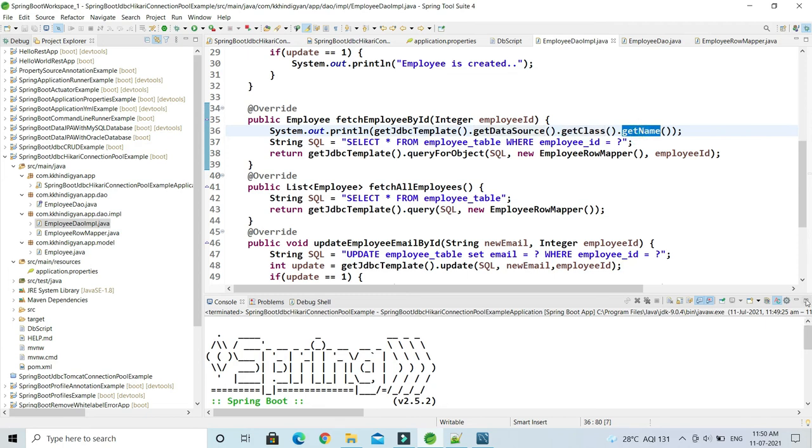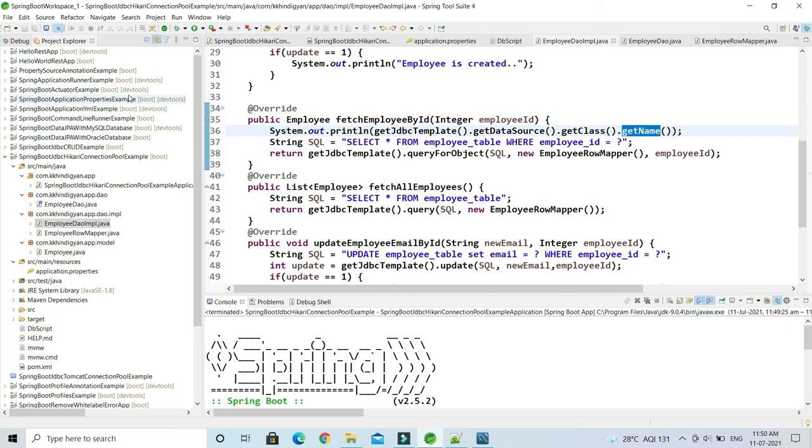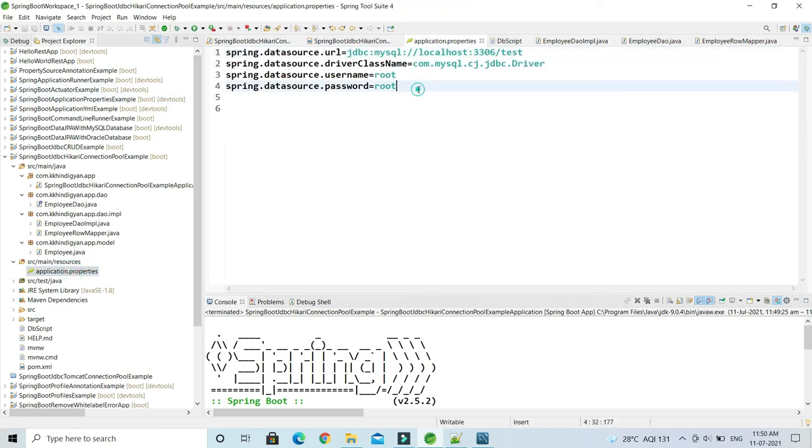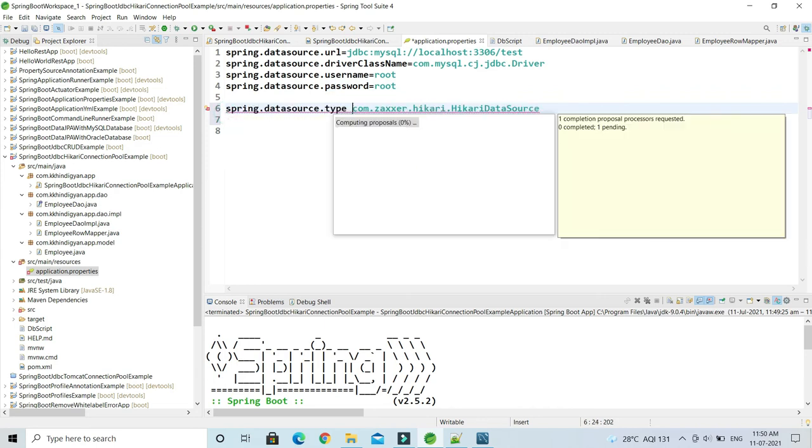Then you would see this printing my database connection pool's qualified class name, right? If you want, optionally you can specify the database connection pool class name in this configuration file as well, right? This is completely optional. By default this is there. So again I'm telling you, guys, this is optional.